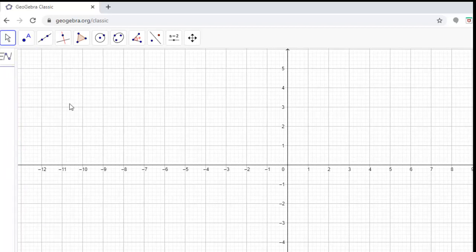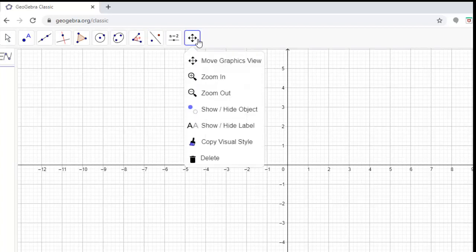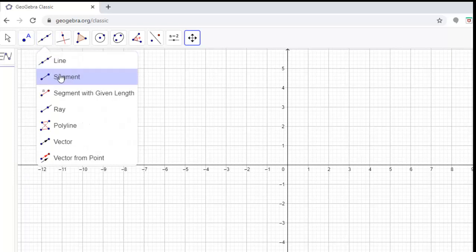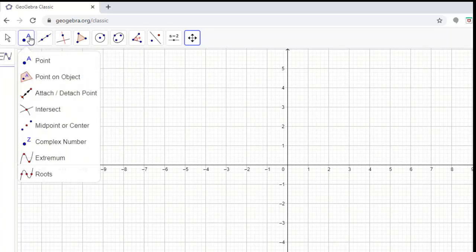Suppose we want to plot some point, 5, 2. So you can see the XY plane. This is the x-axis. The vertical axis is the y-axis. There are some menus: point, select, then line, then to draw the polygons, circle. We are mainly interested in the zoom control and to plot the point and to join the line segment. So let us go to the menu point.